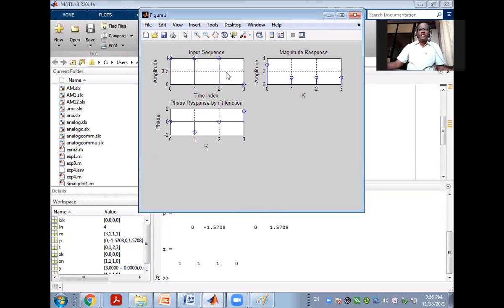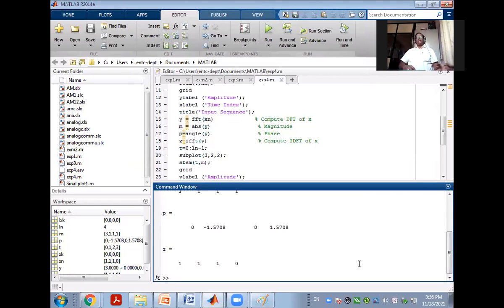Sorry, this is correct, input sequence correct है ना अपना, 1 1 1 है. Yes, sir. Yes, this is input sequence is correct. Then magnitude response, it's like 2 के बाद आ रहा है, 2 और 4 के बीच में 3 है, then again it is 1 1 1, बराबर? Yes, this is correct. Hope everyone understood that. Yes, sir. Okay, so this is how we have calculated the DFT and IDFT using the inbuilt function.